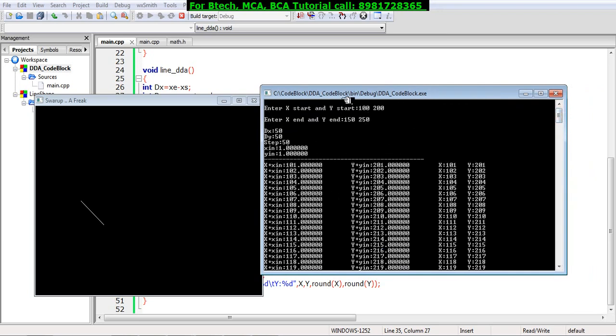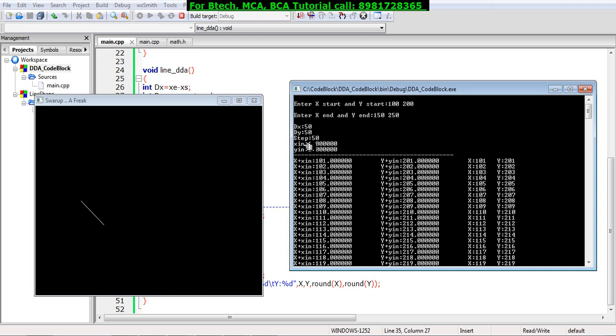Okay, so that means what? Because the x increment, that is the column, is 1, and the y increment, that is the row, is also 1. As a result, both variables got incremented, and this is the floating point, and this is the round off value that we saw, because of which the output came like this. So we always know that DDA comes with two main drawbacks, that involve the floating point representation. You got a clear idea of what it is, and before it is plotted in the graph, you need to round it off, and this is the round off value that we are seeing, and only then can the pixel be generated.